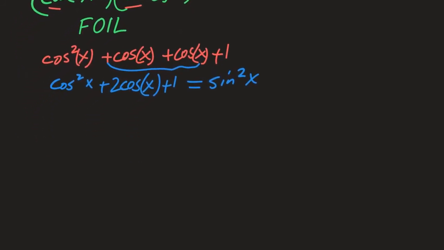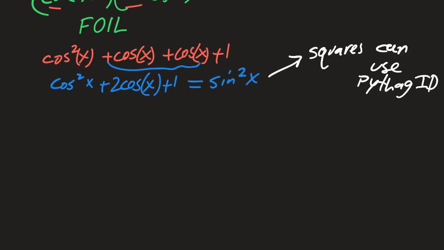I've got cosine squared x plus 2 cosine x plus 1 equals sine squared x. And again, once I've got these as squares, I can use the Pythagorean identity to help me. And the basic Pythagorean identity that we've used a lot by this point is sine squared plus cosine squared